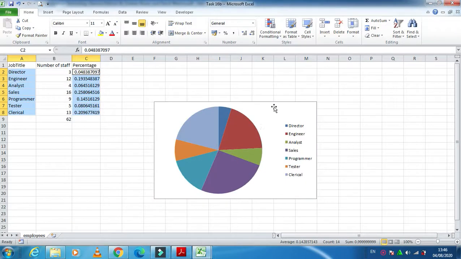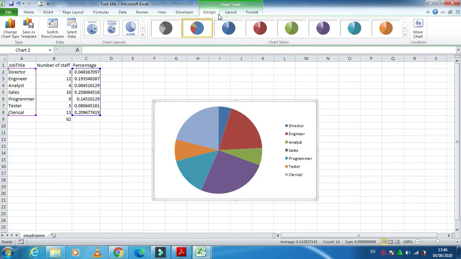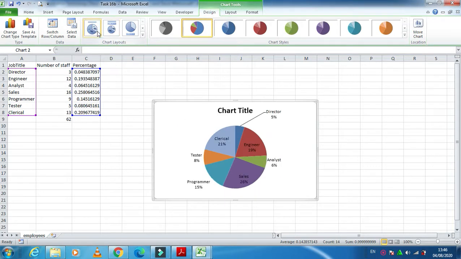So you need to include the design first, and this layout is preferable. There is no legend now, and here we have the data on percentages, and you can just mention here that jobs with percentages, like that, and just move this one little bit to the left so that this title is not disturbed,